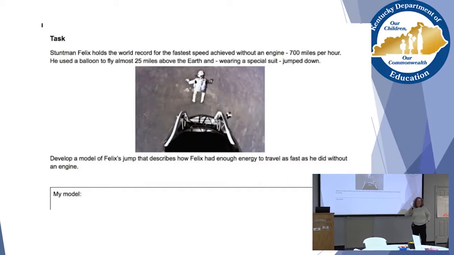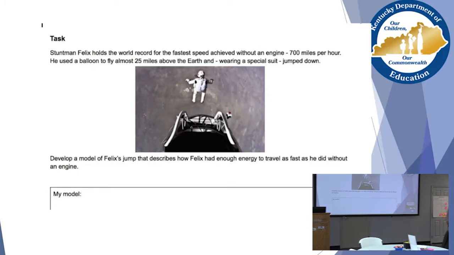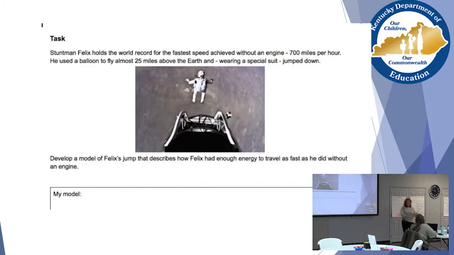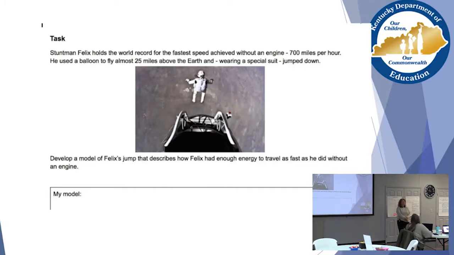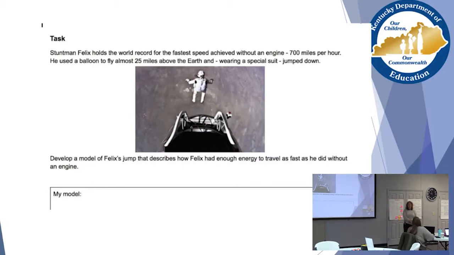Let me ask this question. Let me borrow and just take a look at this. Oh, go ahead. All right. Is there a phenomenon? The first question. Is there a phenomenon to this task? Yes. Okay. Tell me what the phenomenon is. Okay. Ability to jump a certain speed without an engine. Okay. What am I doing with that information?